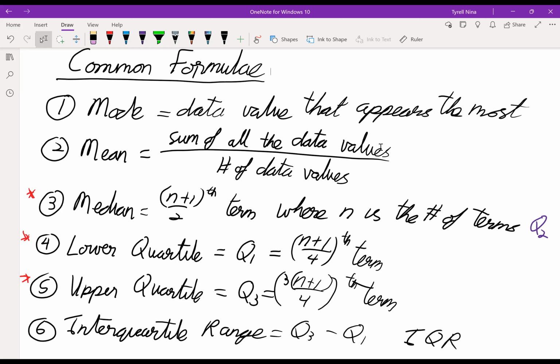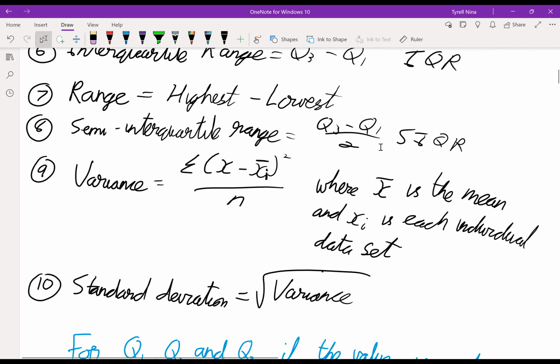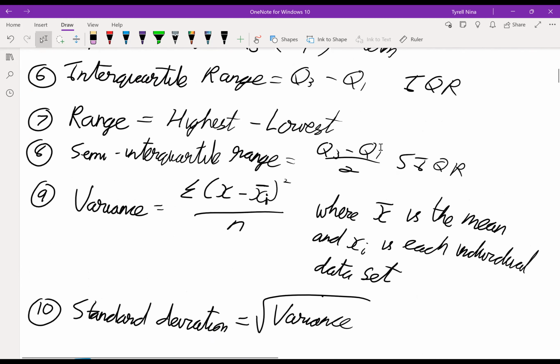All right, so we have the range, which is the highest minus the lowest. The semi-interquartile range, Q3 minus Q1 over 2. The variance, that's the one everybody struggles with. Summation of x minus x bar, let's change this, summation of x minus x bar squared